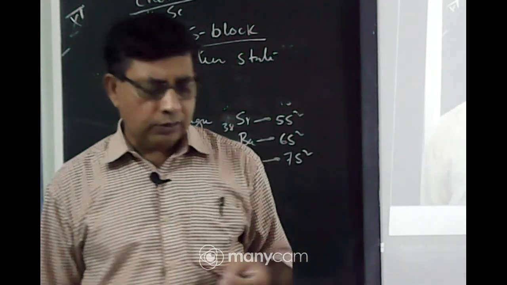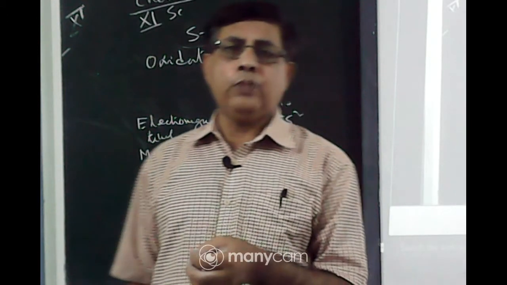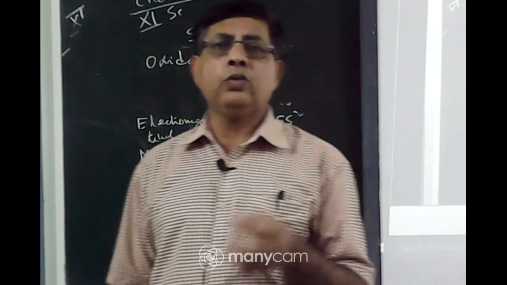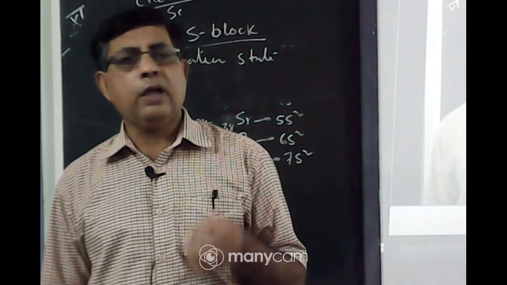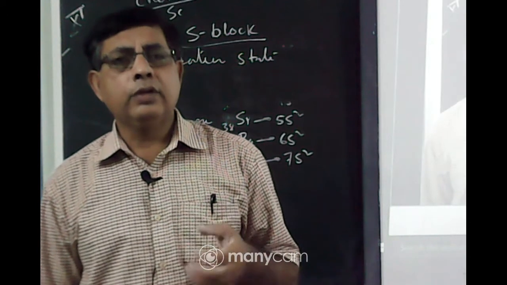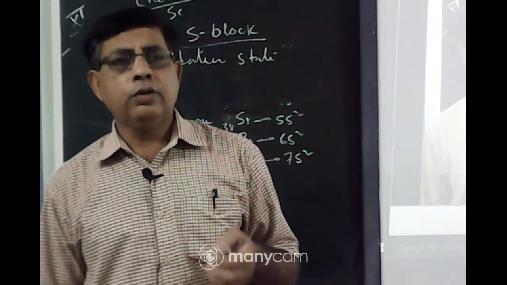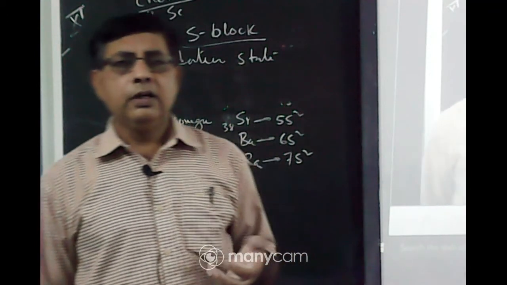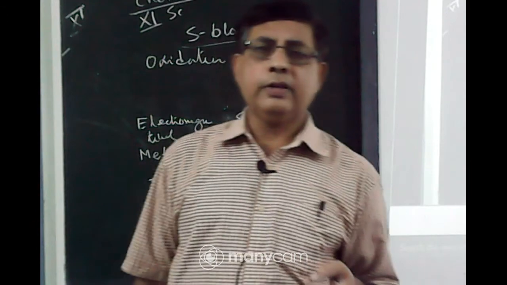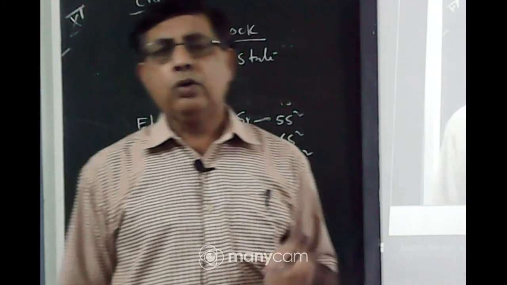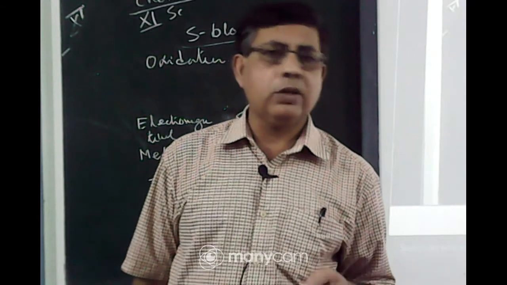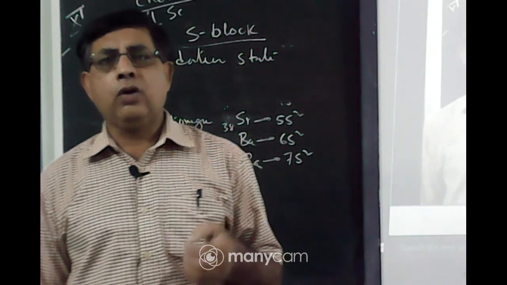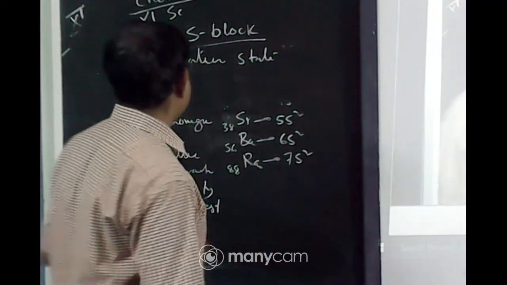Similarly, in aqueous solution, between the Mg+ ion and Mg2+ ion, which ion will be extensively hydrated? The Mg2+ ion, because it has greater charge and smaller size, so the degree of hydration will be more. So due to extensive hydration of the Mg2+ ion, it releases greater energy. This hydration energy can compensate the higher second IP value. So due to higher hydration energy in aqueous solution and higher lattice energy in the solid state, the alkaline earth metals always show the +2 oxidation state.